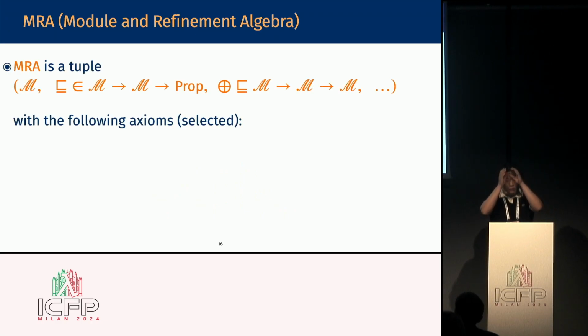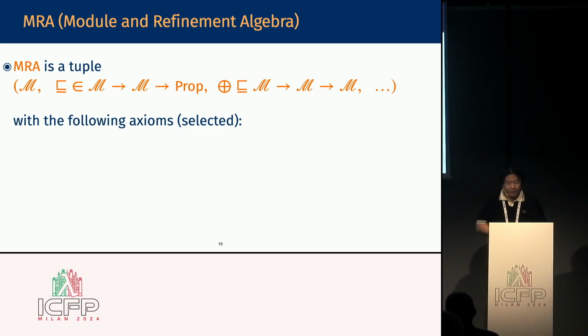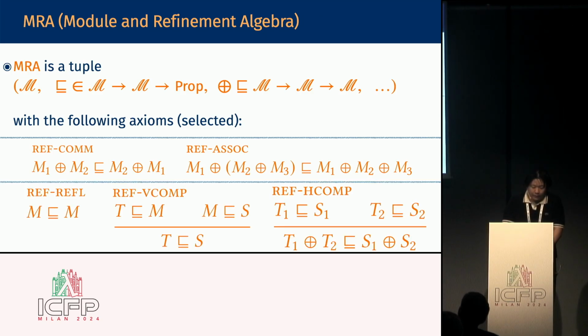There are a number of different refinement frameworks sharing the same essence, but with different technical details, like termination sensitivity versus termination insensitivity, and small step semantics versus big step semantics. In this paper, the essence of refinement framework is captured via a common abstraction called MRA. And MRA is an algebra with two main operators, refinement and module linking. The operators should satisfy the axioms saying that the module linking is commutative and associative. And the refinement is reflexive, vertically composable, and horizontally composable. These are all the gold standard properties on refinement and module linking.